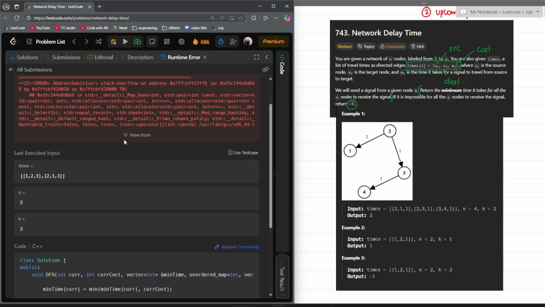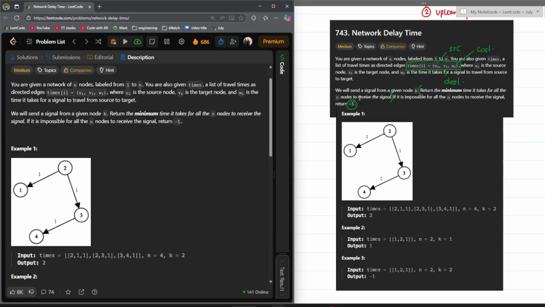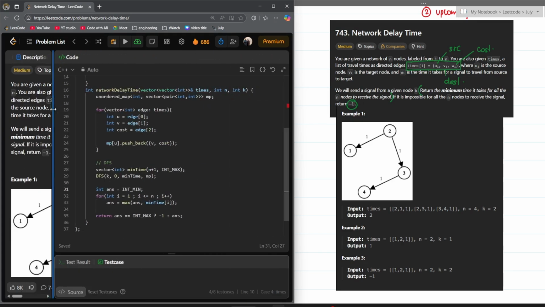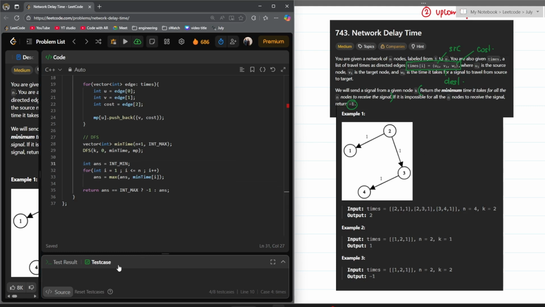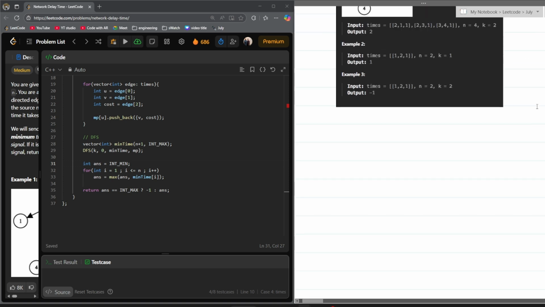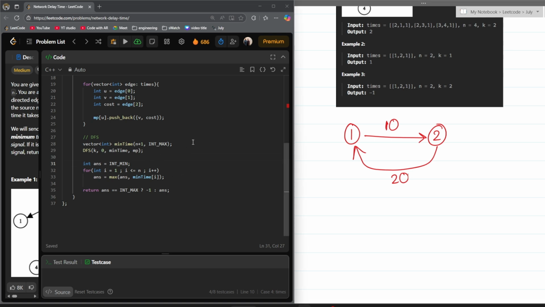Because I think we have a cycle, the Stack Overflow. So you go from 1 to 2 and then you go from 2 to 1 back. So there can be a scenario where you have a cycle and you will need to manage that inside of the code. The test case that we had that was failing was something like this. You have two nodes, 1 and 2. We can take arbitrary values. Let's say something like this. So I'm going to get stuck. I go from 1 to 2, then I go from 2 to 1, and so on and so forth. So in order to avoid that, what I need to do is I need to take a visited